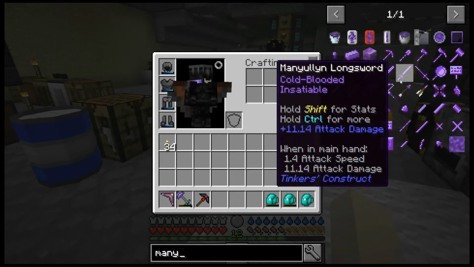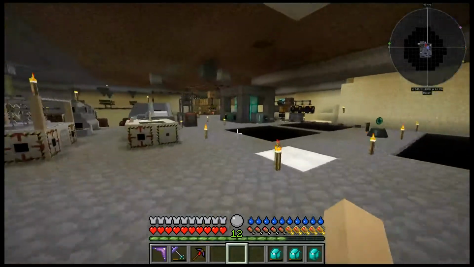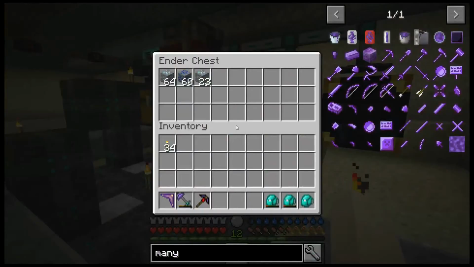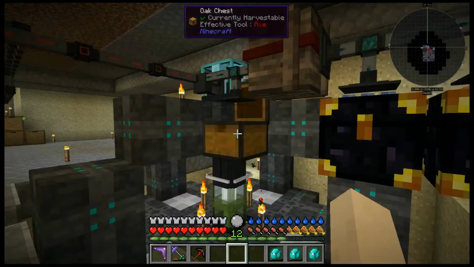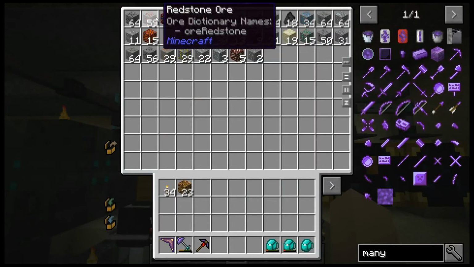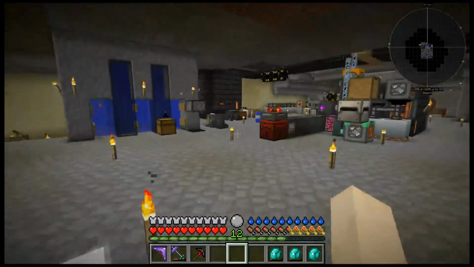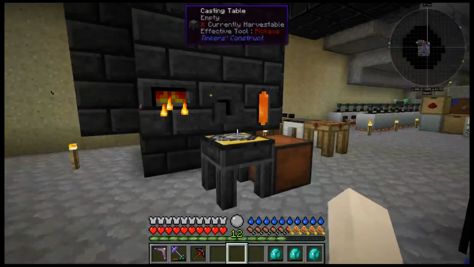I really want to have your opinion, but I know for sure that I'm going to be using Manyullyn. I'd also like to see in the comments what you guys think are the best things to put on a weapon. Do I straight up just put a crap ton of damage? Or is it actually better to use different modifiers? Like, do I make it fully out of Manyullyn? Or do I go and put some...